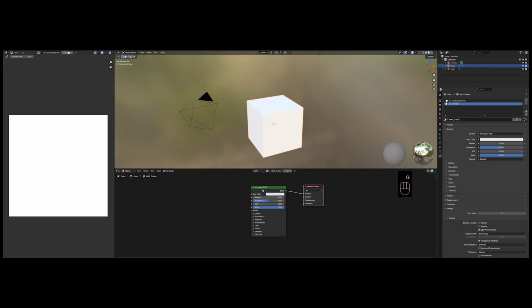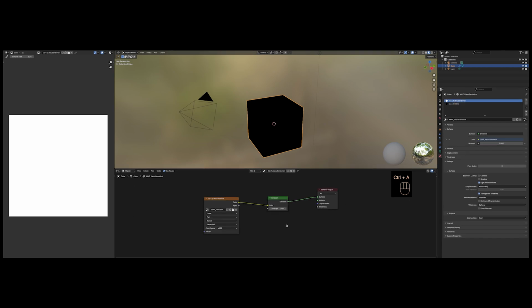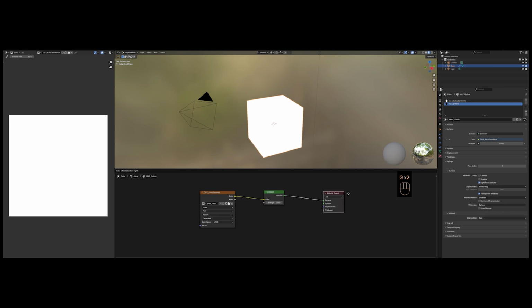And once again, I could have probably just duplicated the katsu sandwich. Let's see, select this, Control C. We're going to go outline, Control V. And that's great. Now what I actually will do here is between the emission and the material output, we'll just